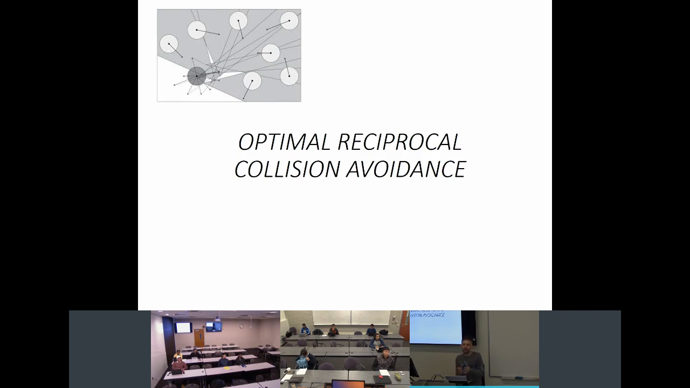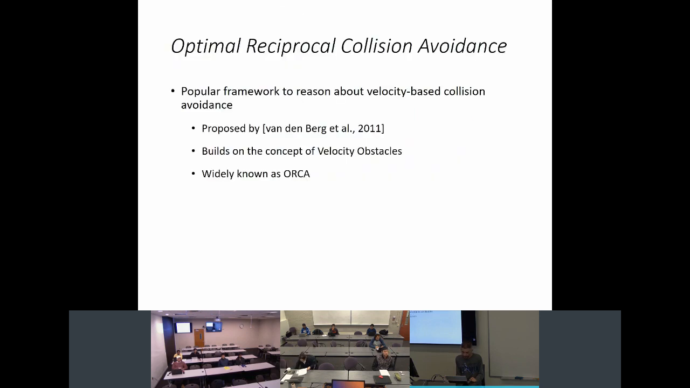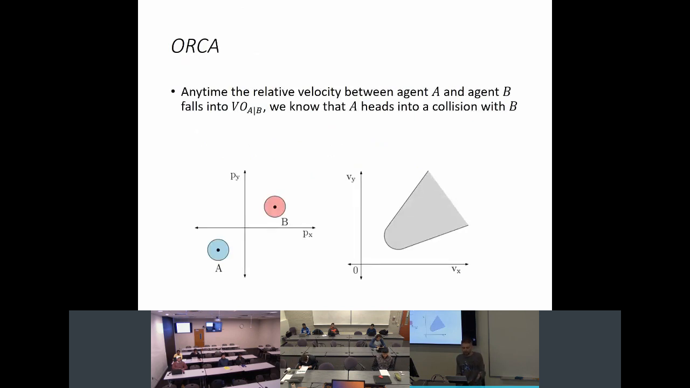the optimal reciprocal collision avoidance framework was proposed in 2011. I started covering this method last week, but let's revisit things and then continue with a complete description of the method. So let's get back to this working example. We have agent A and agent B. We plan for agent A. On the right, you see the VO for the two agents,